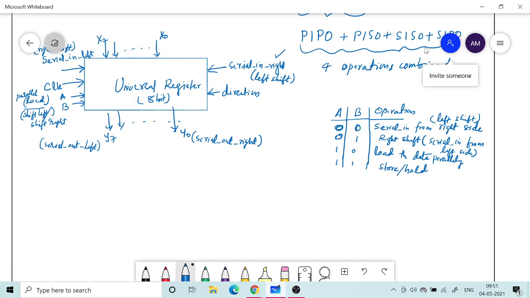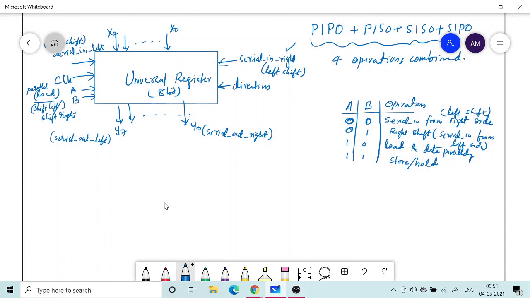So there are 4 different operations, and you can have two different shifting possible, but the control signal need not be 3. Only 2 is enough, because with these 4 different operations, all these things we can achieve.